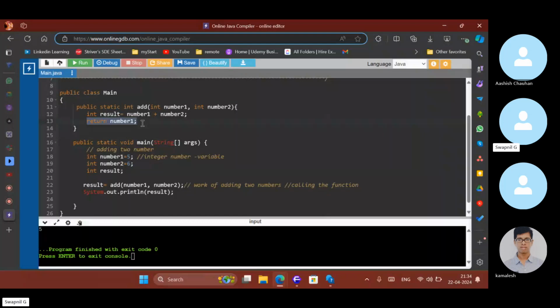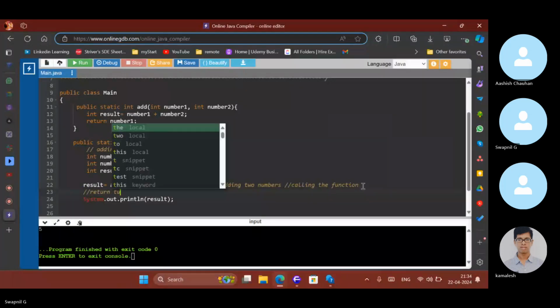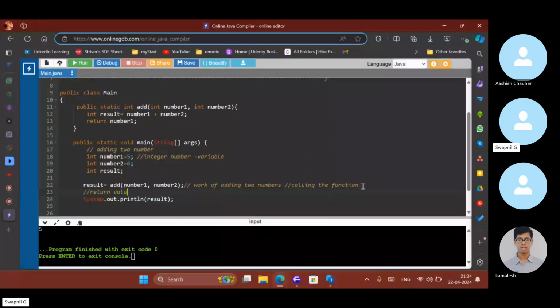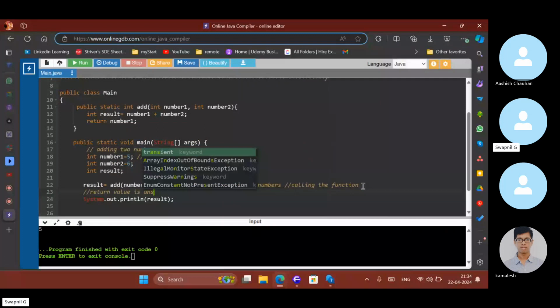Okay, so everyone understood the idea. What is return type? Return type is the answer of a function. Return value is the answer of a function.